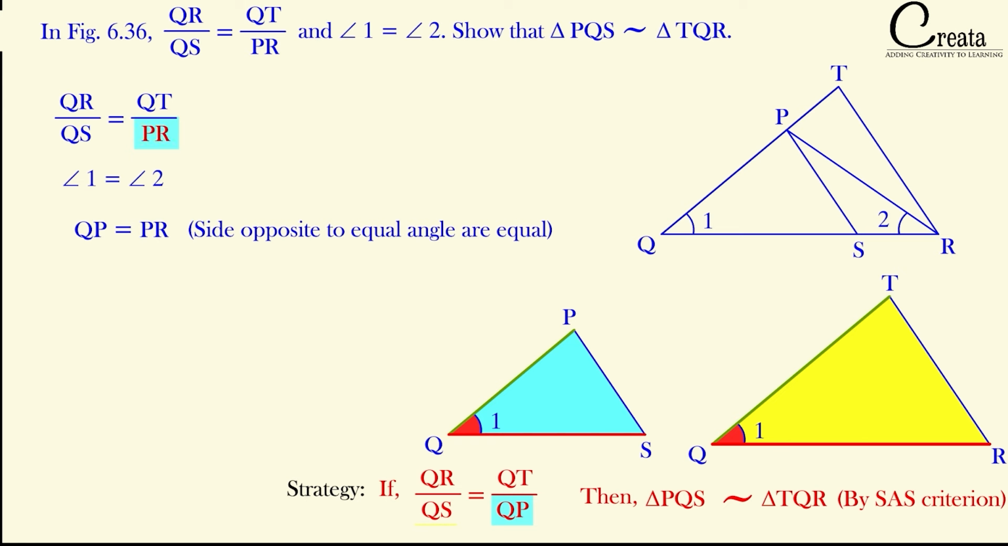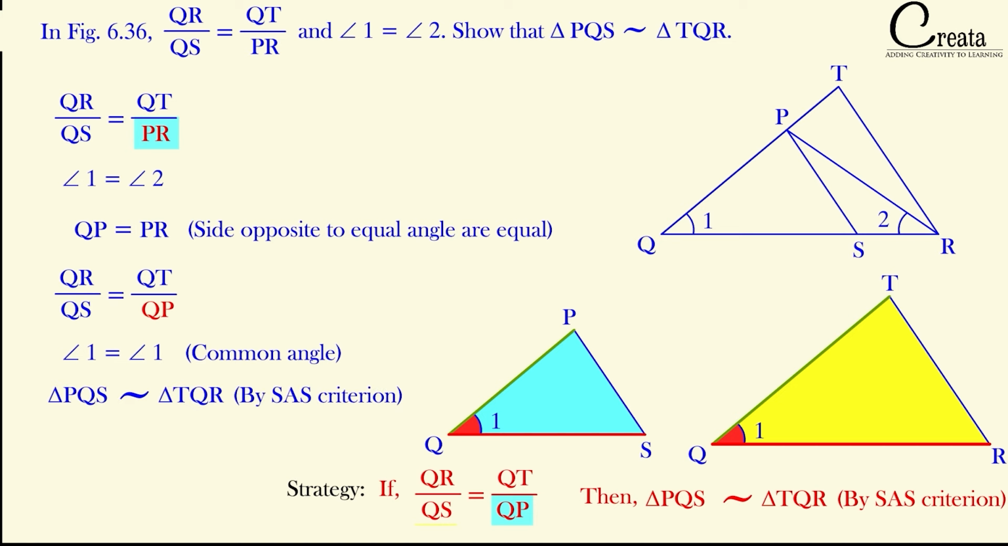Let's replace PR with QP. So we got QR upon QS is equal to QT upon QP. These are the ratio of the two corresponding sides of these two triangles. So the ratio of the two corresponding sides are equal and the angle between the two corresponding sides are equal. So we can say the triangle PQS is similar to triangle TQR using the SAS similarity rule. Side, angle, side. These are the two corresponding sides and this is the angle in between the two corresponding sides. Got it? We have applied the SAS similarity rule and we have proved the triangle PQR is similar to triangle